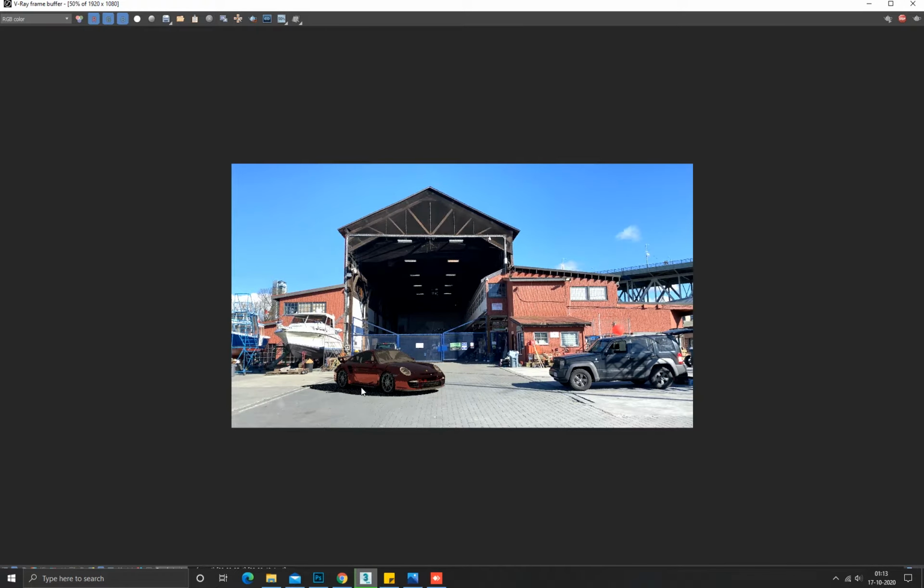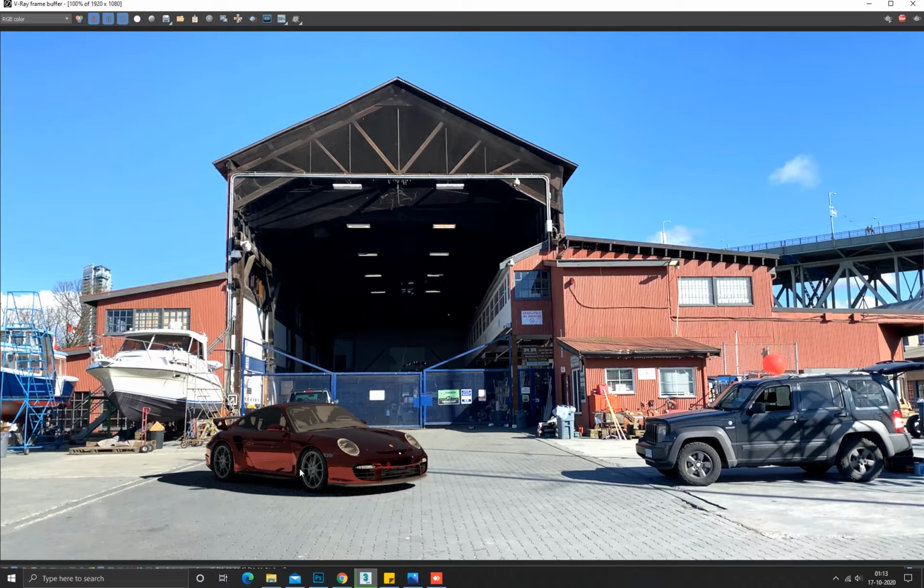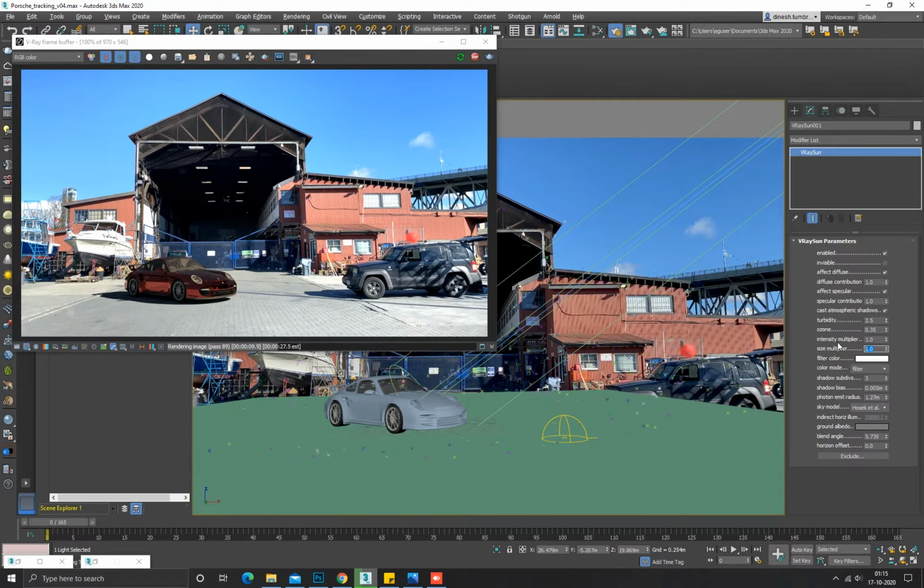So this completes our major steps, and now we need to adjust the render output by changing the lighting parameters. Now as we can see, the car shadow looks much darker and harder than the shadow in the real footage. So we need to adjust the shadow type accordingly. We'll go to the sunlight parameters and increase the size to 5 to make the shadows a bit softer.